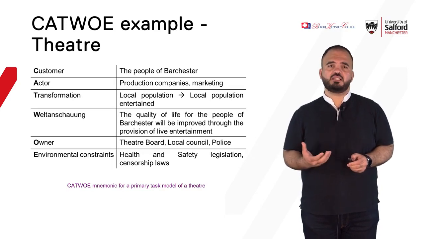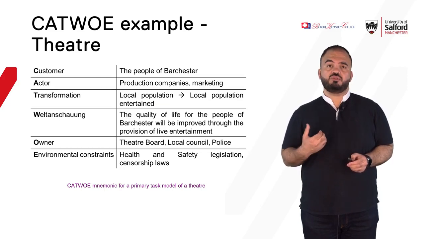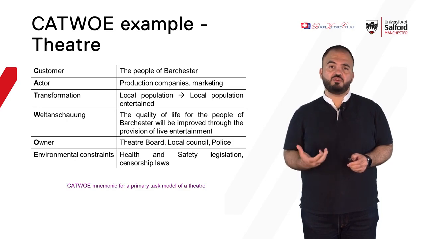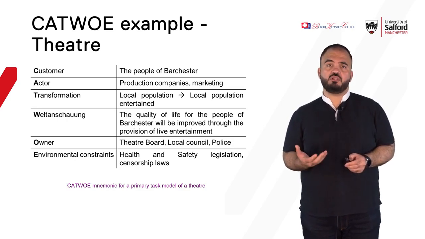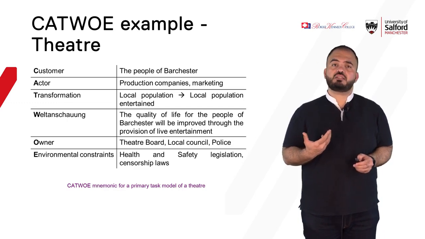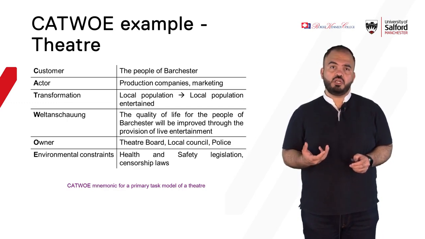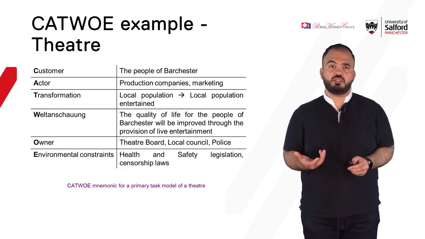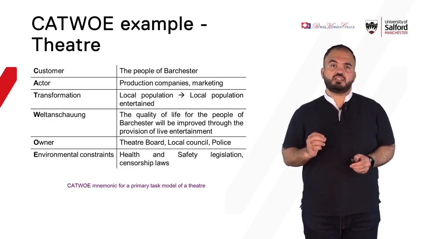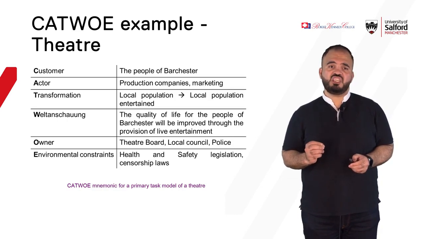Now, CATWOE analysis assumes that you do have customers who would benefit from this transformation. So C for customers, A for actors. Who can do it? It is your team as a paid consultant, other subordinates from the owner of this business, and other stakeholders, regulators in some other cases. Then the transformation itself, which is T, and then the W view,